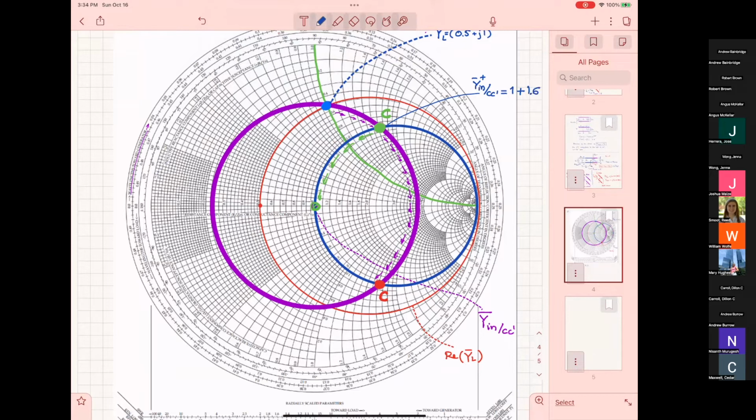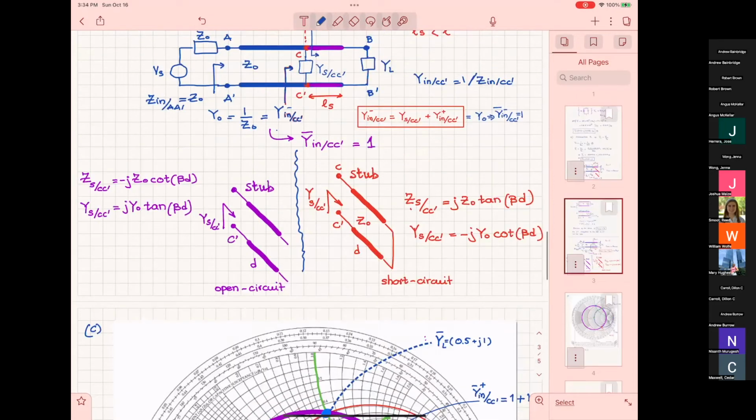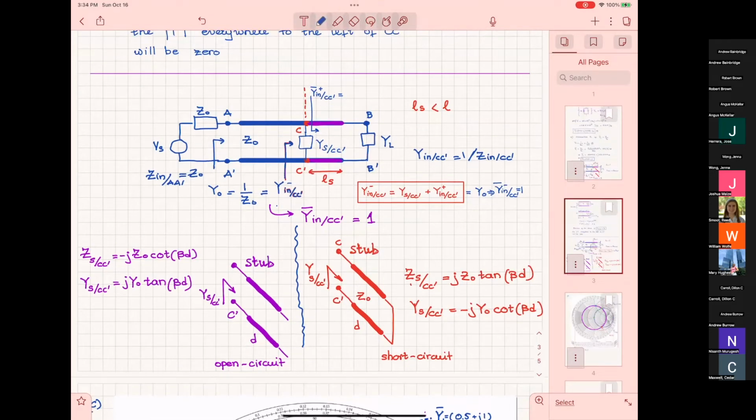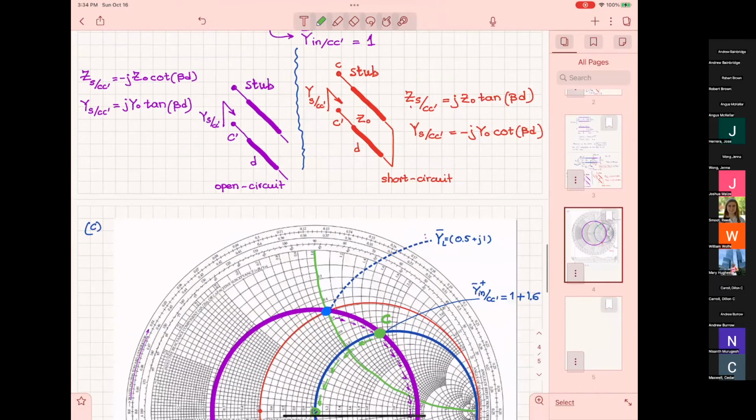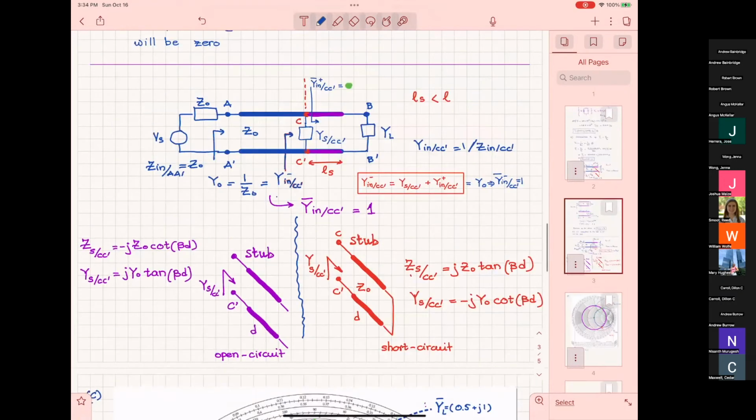All right, if I read the real and the reactive components of the green dot, that green dot is nothing else but the normalized Y input at C C prime plus, which is this one. This is the green dot on the Smith chart. And to go from the green dot to the center of the chart, because that's where I have a perfect match with the rest of my line, so the center of the chart,